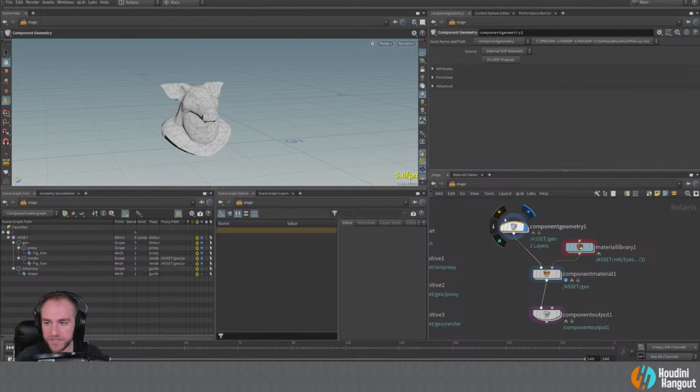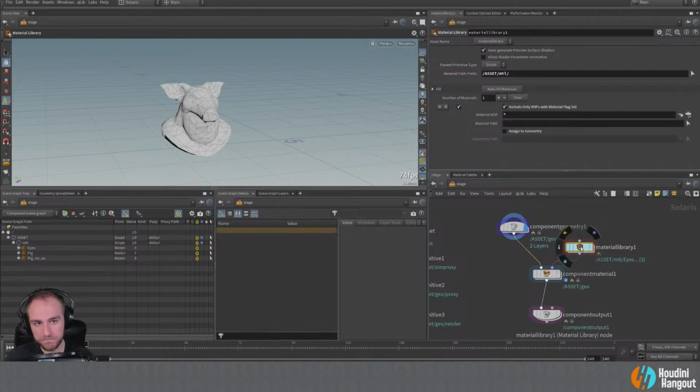So what's happening here, this is creating kind of a similar hierarchy to what we had before, just with the name asset up at the top, because it's going to rename it at the end with whatever name we want to name it. So this is just a kind of generic look for how this is going to be structured. You can see here our names came through. It still says pig geometry. Now the sim proxy didn't have that pig geometry name on it, so it just says shape.